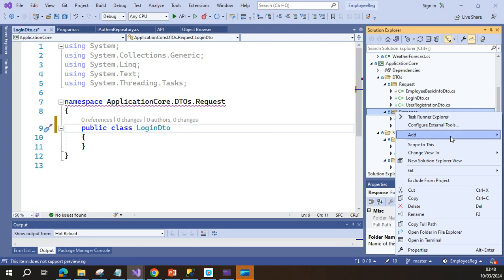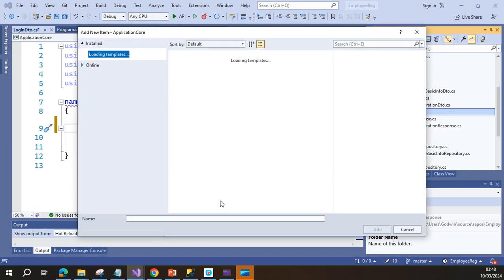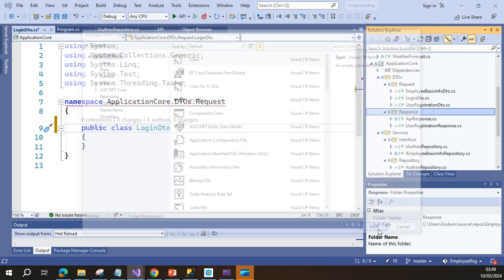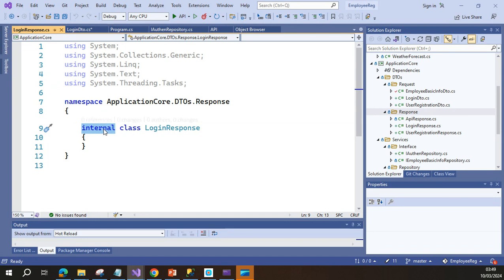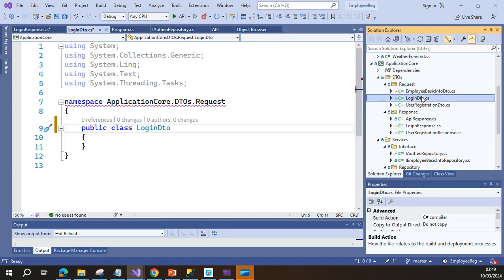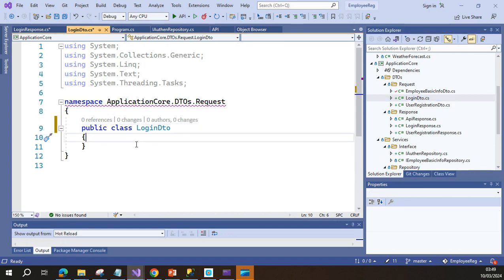The response, we need to do this because we're expecting a token, we're expecting some messages. So it will be good we differentiate this. Login response. Okay, for the login itself we'll be having